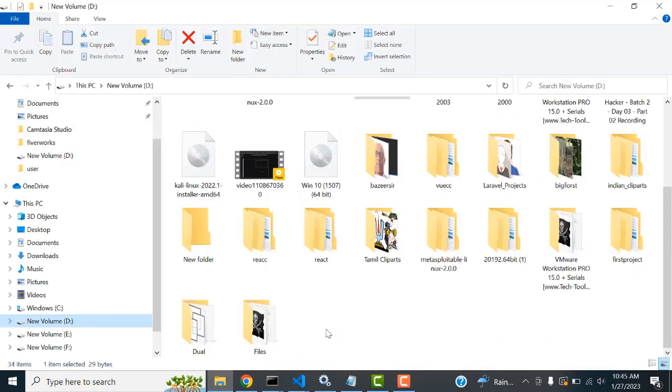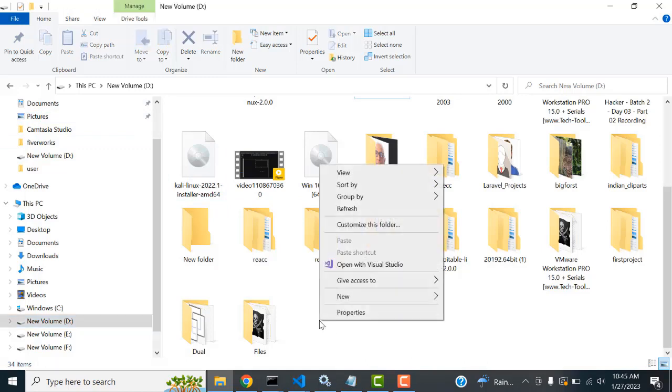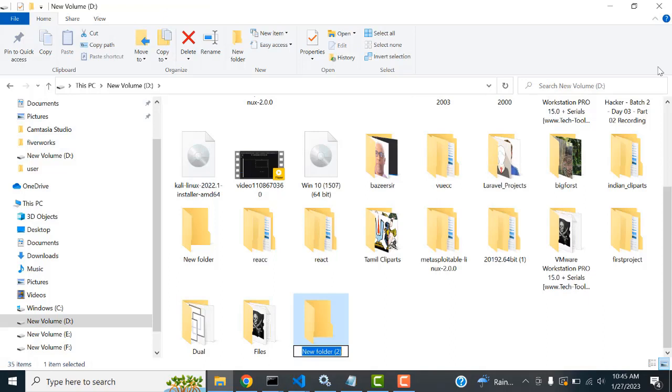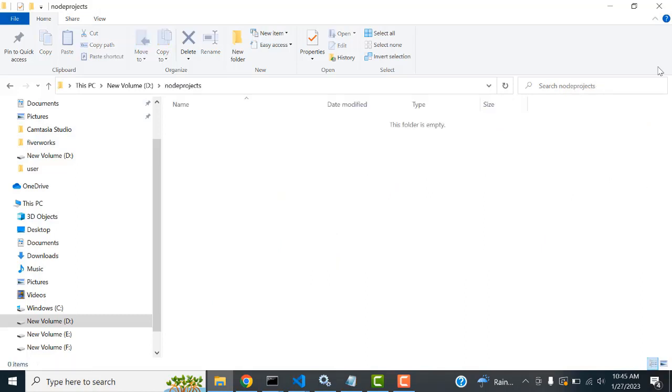So first I'm going to go to the D drive. You can select whatever drive you need. I'm going to create a new folder, File, New Folder, named node projects. Right, here we have to create the project. So we have to